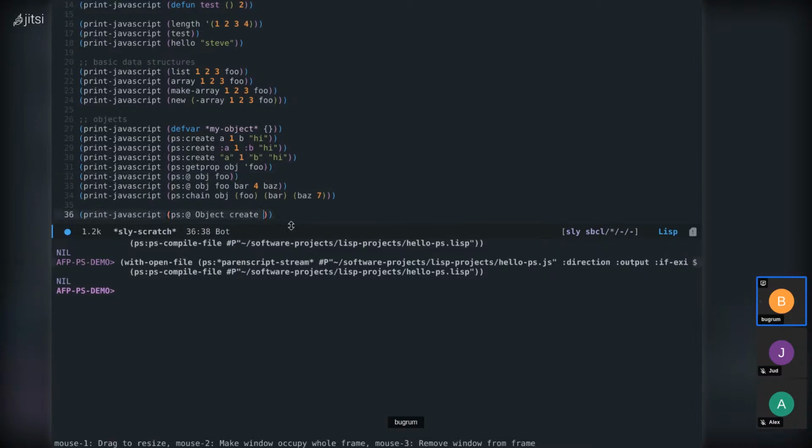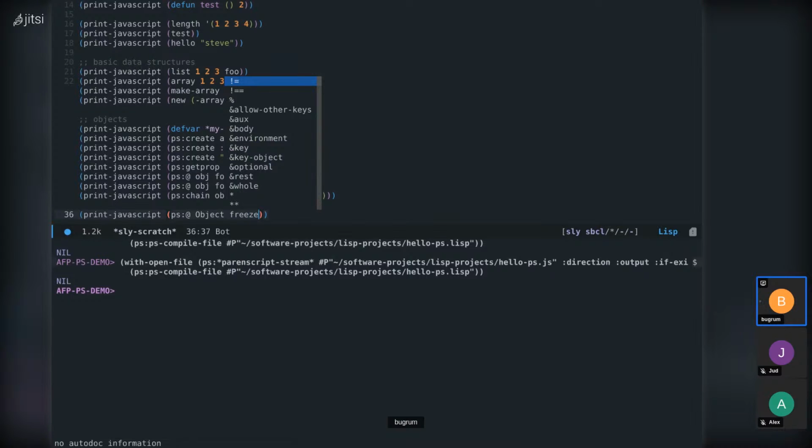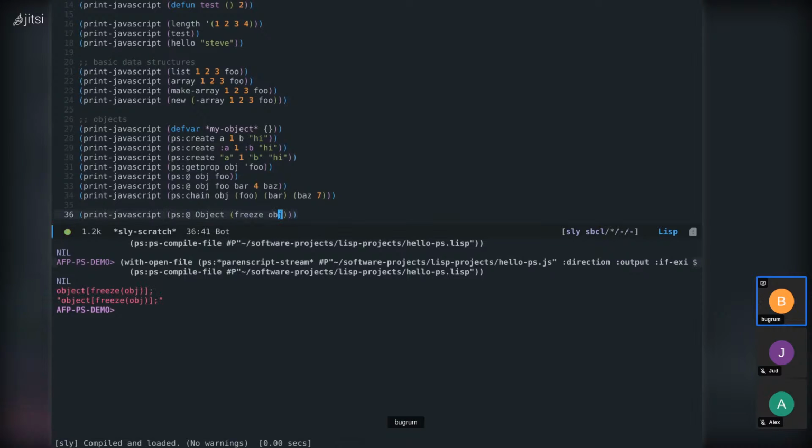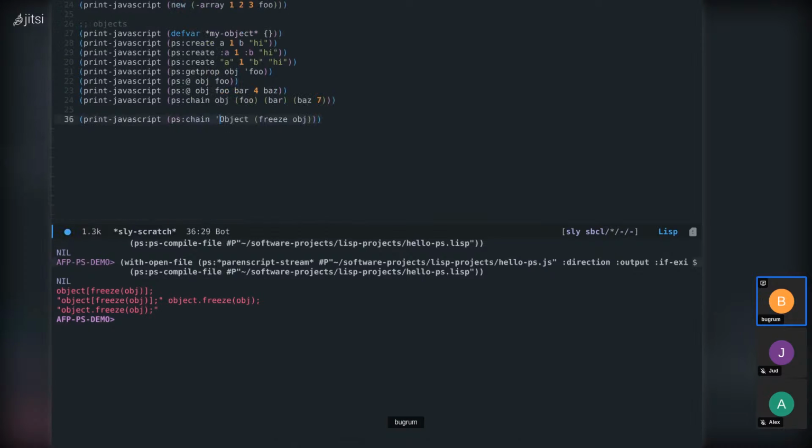So we can actually create. For example, if we do Object.freeze on this and we provide some obj, we can actually do that. Oops. In this case, we'd have to use chain though. Yeah. Is that creating a, it should be a capital. This should not,